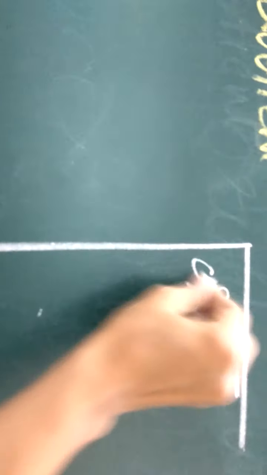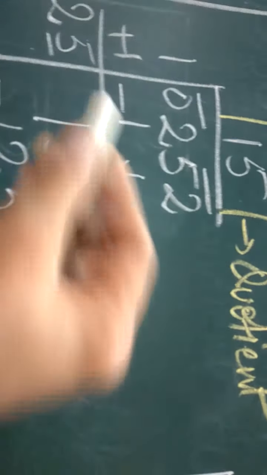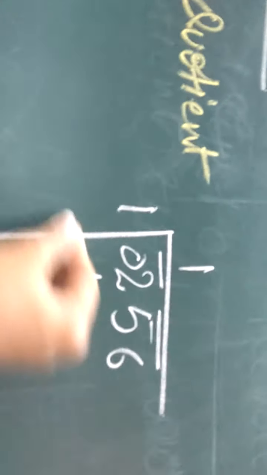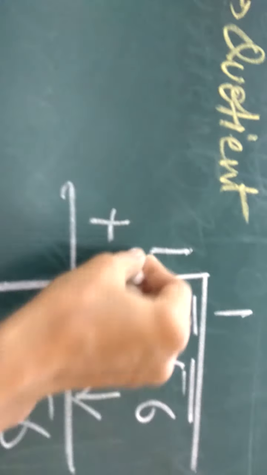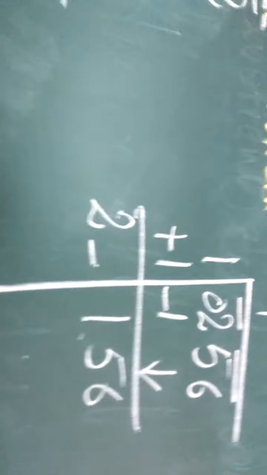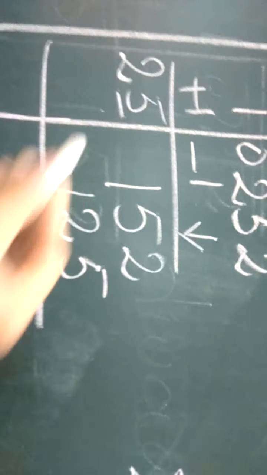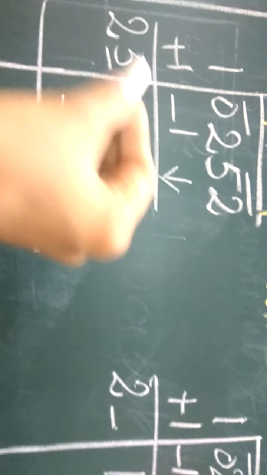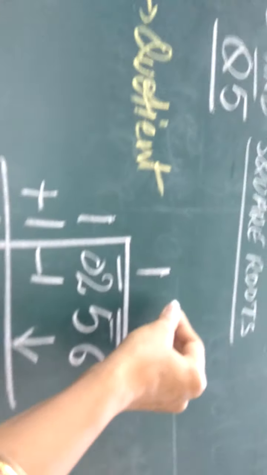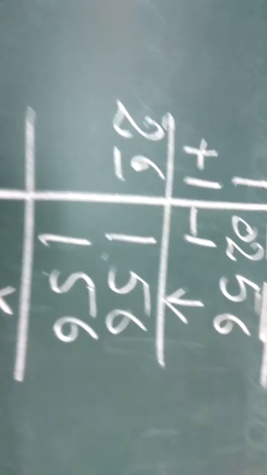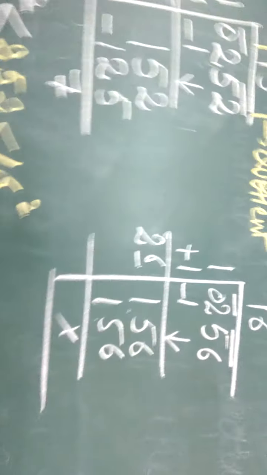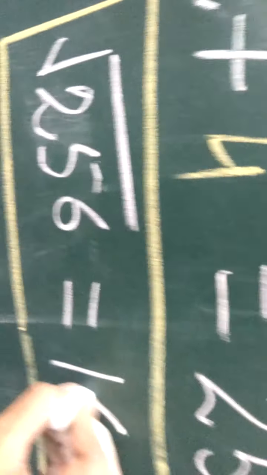Now let us find out the square root of 256. This is first pair, second pair. First step will follow the same. 1 one is 1. Subtract, carry the next pair, add the same divisor to get the next. Now, if I take the same number 5, I'll get 125. I have to select the next one. What is next after 5? 6. So 26 into 6 will get 156. So in this way, this is the answer. So square root of 256 is 16.